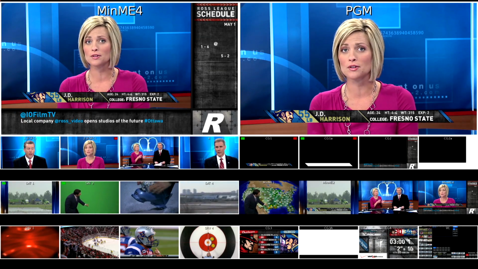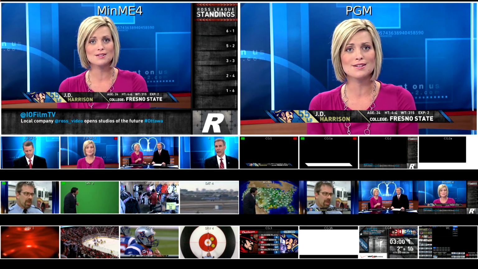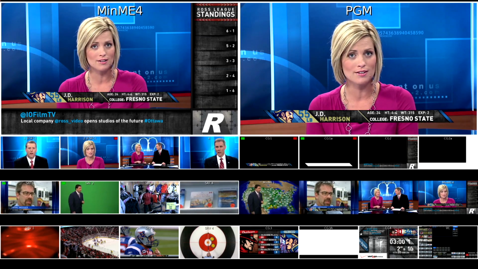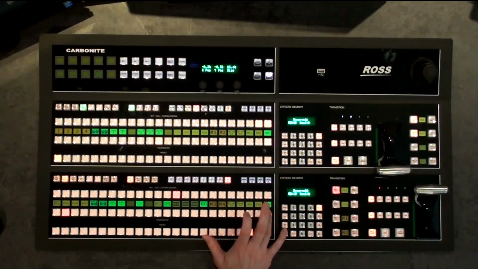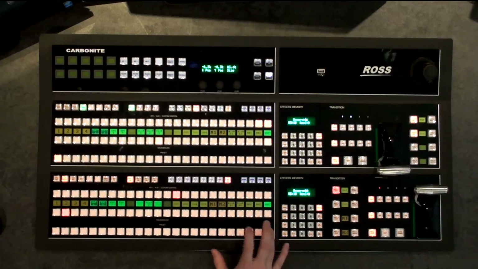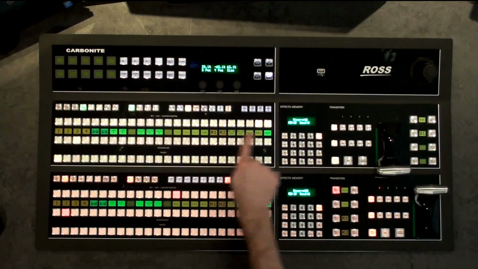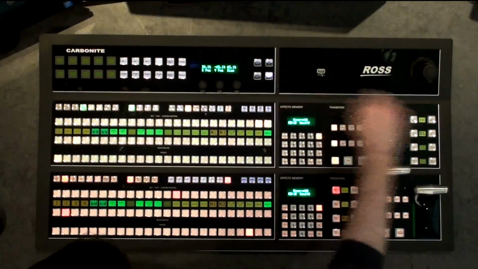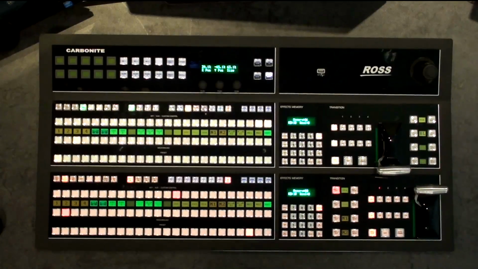Because we put program into this key, now if I was to try on the panel to select mini-me 4, you'll see that it won't let me do it. And that's because there is a re-entry loop that is blocking it. I can't even select it on the preset bus if I wanted to. And currently, mini-me 3 also will not select, because if I look at it, it previously has program inside of key 1.